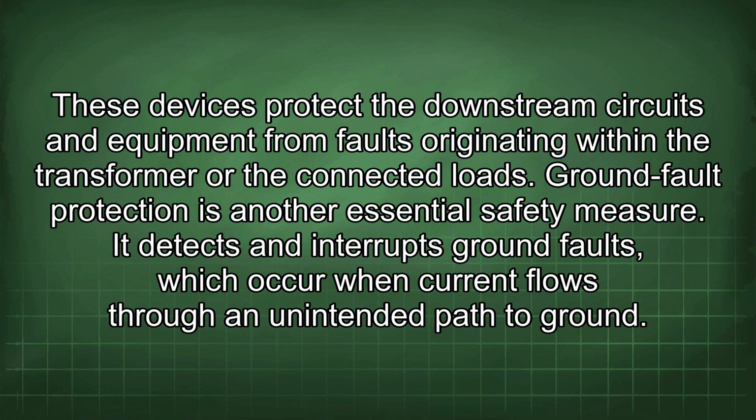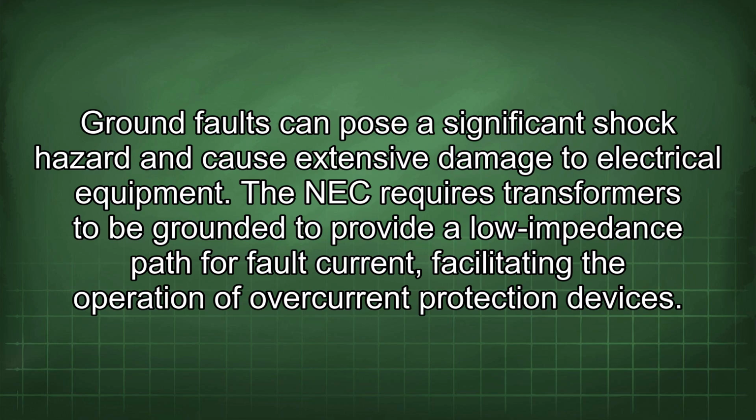Ground fault protection is another essential safety measure. It detects and interrupts ground faults, which occur when current flows through an unintended path to ground. Ground faults can pose a significant shock hazard and cause extensive damage to electrical equipment. The NEC requires transformers to be grounded to provide a low impedance path for fault current, facilitating the operation of